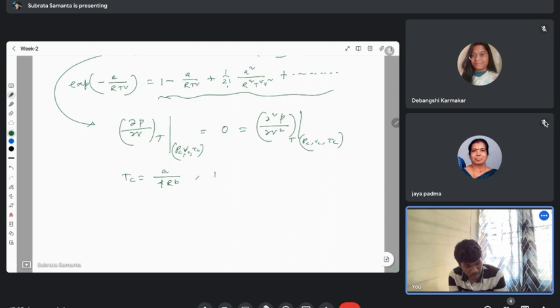RB, PC is a by 4 e square. So e is the logarithm e, and then it's b square, and VC is 2b. Once you calculate this eta C, the critical coefficient,